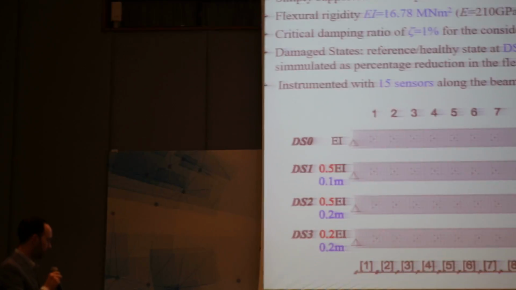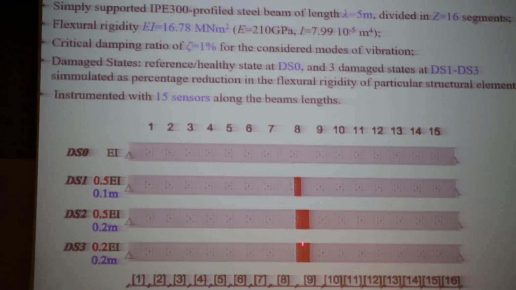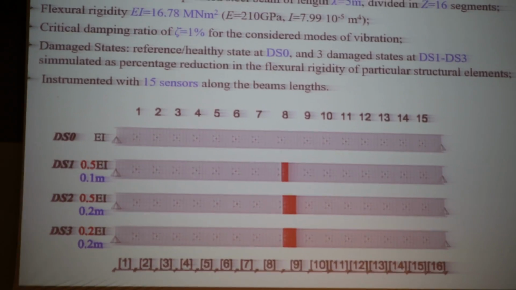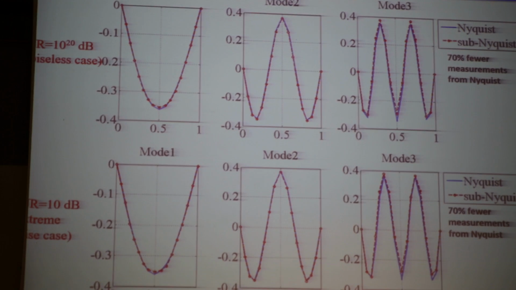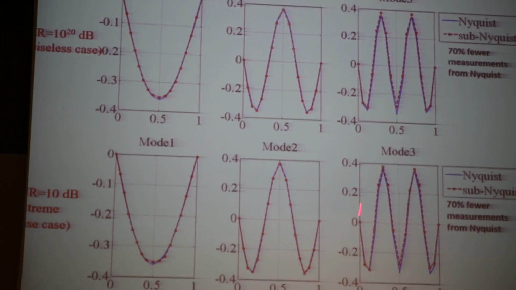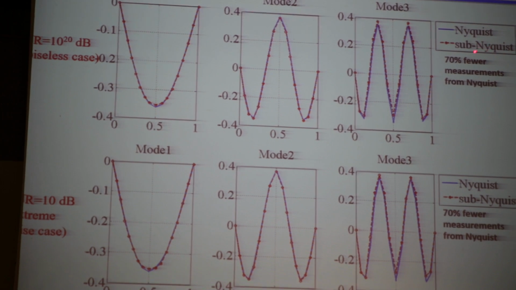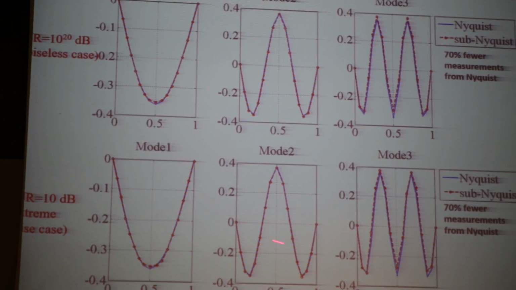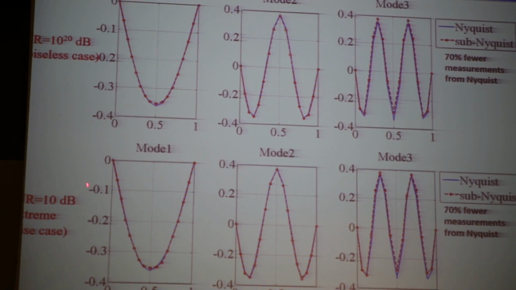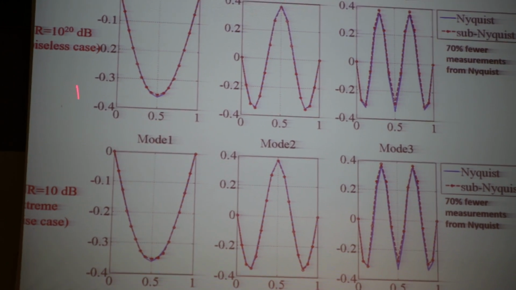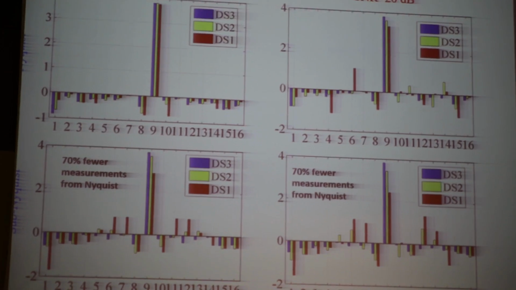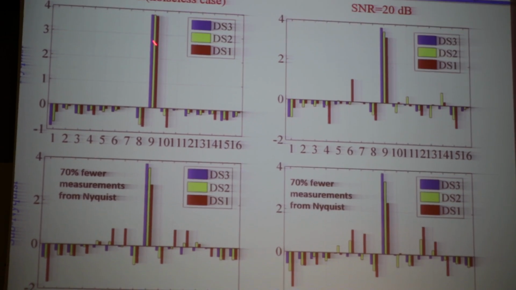Our test specimen here is a beam in which we introduce heavier and heavier damage at midspan. That's the location, the middle of our steel beam here. These are the mode shapes that we are getting from Nyquist sampling and from sub-Nyquist with 70% fewer measurements. So we are doing a good job even with a signal-to-noise ratio of 10 decibels. This is the noiseless case, this is the extreme noise case, let's say. And these are damage detection results for the noiseless case,